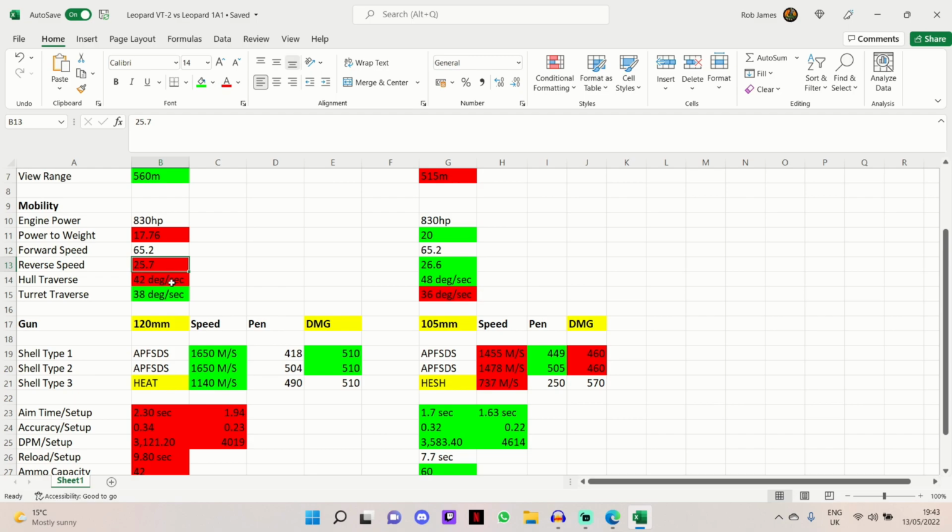It's 42 degrees a second on the hull for the VT-2 compared to the 1A1's 48 degrees a second, so the 1A1 comes out on top there. But the VT-2 does have 2 degrees a second more turret traverse than the Leopard 181 at 38 degrees a second. So all in all, still pretty good for the VT2, but the Leopard 181 is the more mobile tank, and